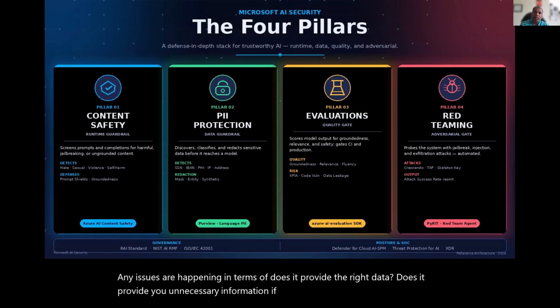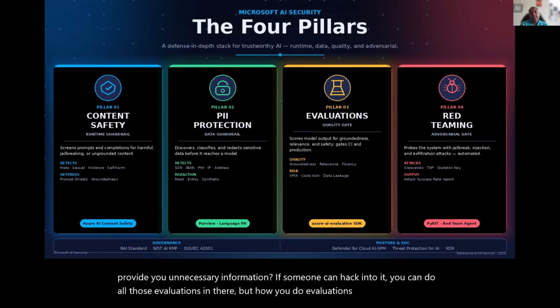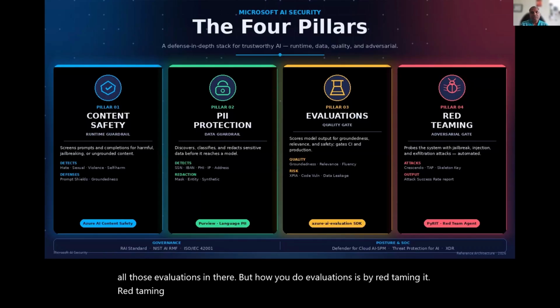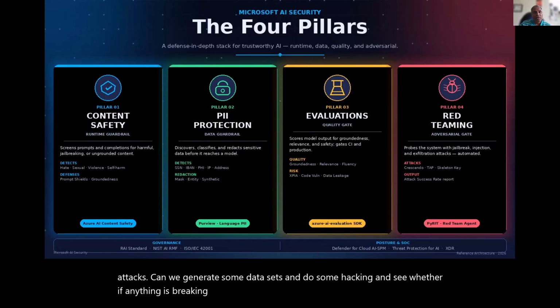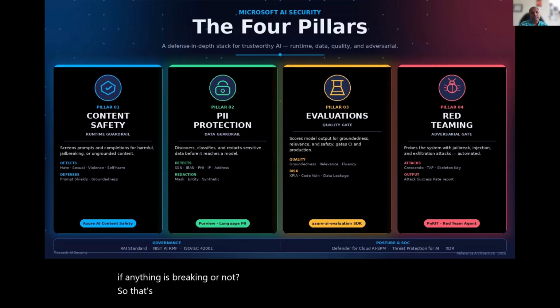You can do all those evaluations in there, but how you do evaluations is by red teaming it. Red teaming gives you the aspect of, hey, how do I go basically find new attacks? Can we generate some data sets and do some hacking and see whether anything is breaking or not? So this is one of the ways we see AI security.